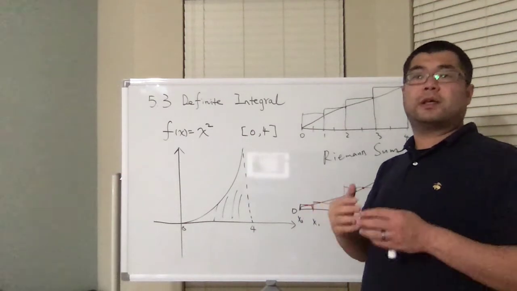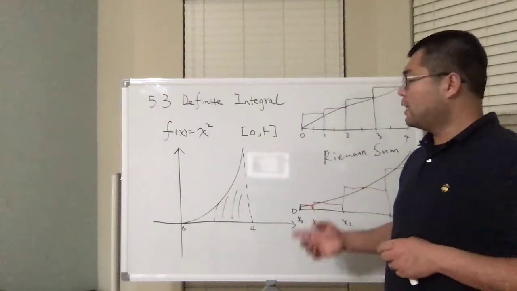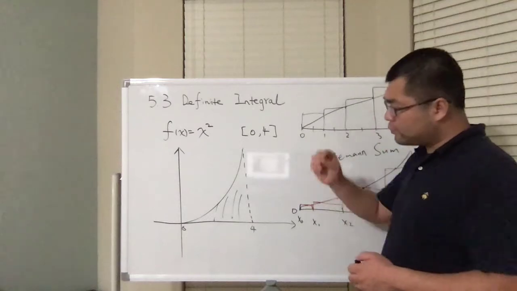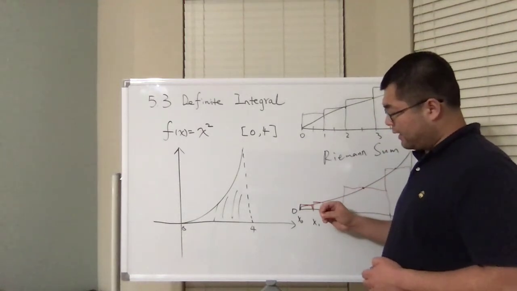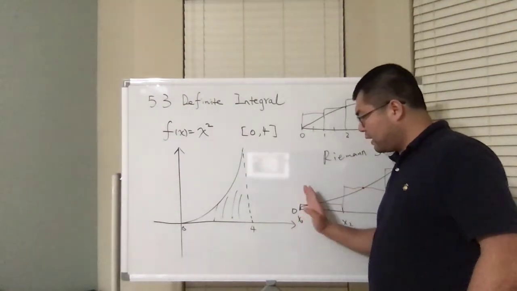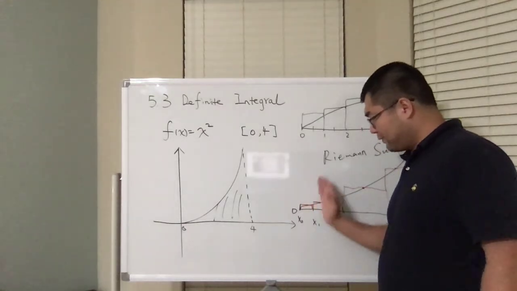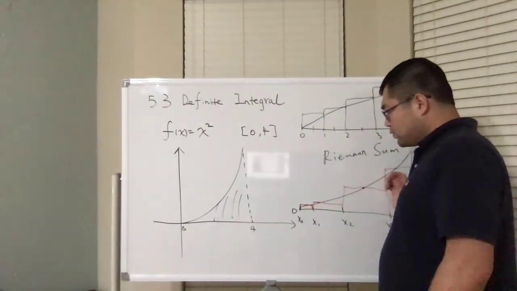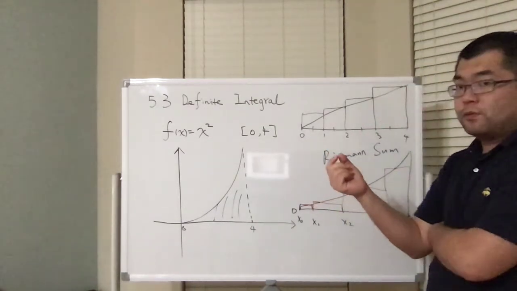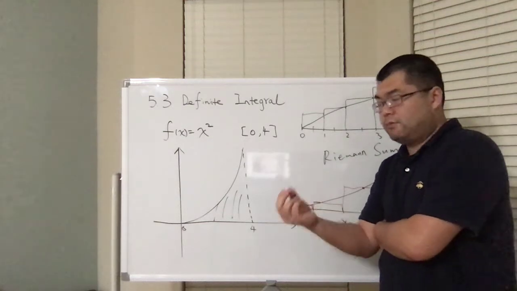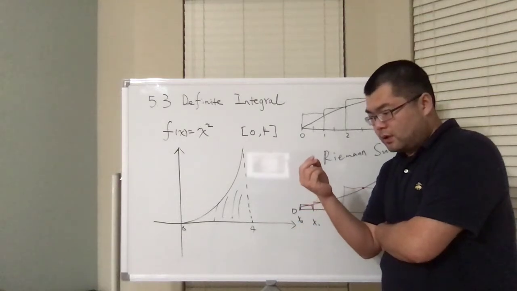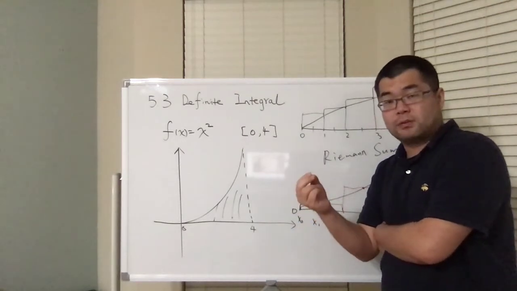No matter whether you partition it evenly or unevenly, okay? Correspondingly, when the number of partitions goes super high, you will see that in the very end it becomes almost like one vertical line, because the interval is super tiny. And in this way, if you add the area of those small rectangles together,